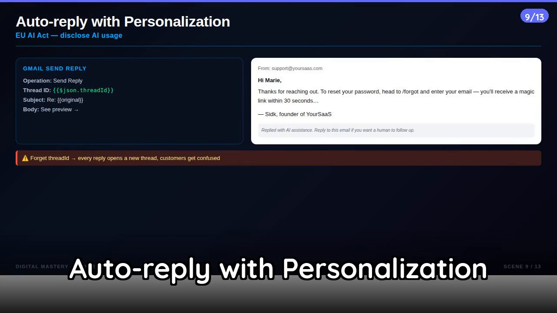Also include a sign-off with your real name, not just the bots. Add a small disclaimer at the bottom, "replied with AI assistance." Reply to this email if you want a human to follow up. This transparency boosts trust and avoids regulatory issues in the EU under the AI Act, which requires disclosure when AI